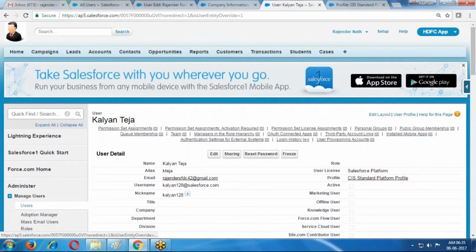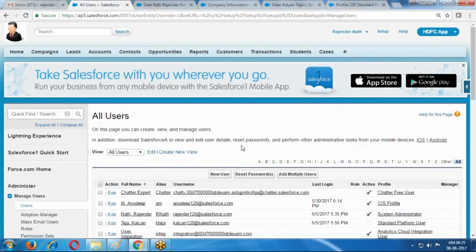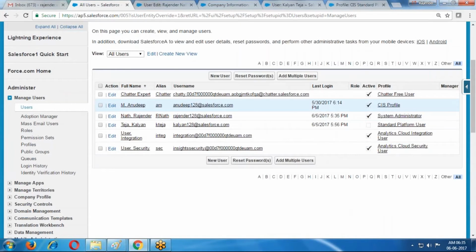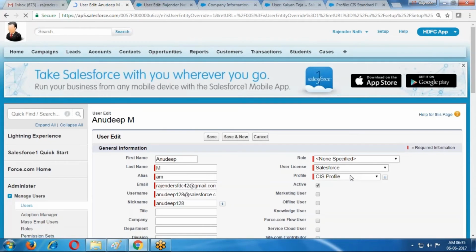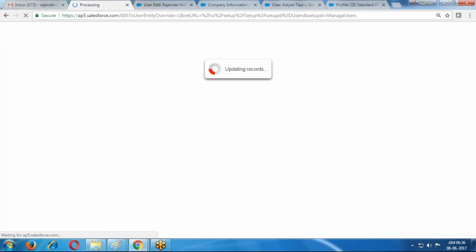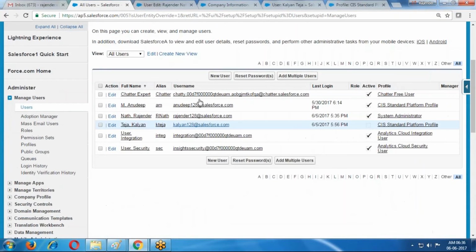Like this, you can assign to all the users, whatever users you created. Edit Anudeep. For Anudeep also I'm selecting Salesforce platform, and I'm providing that platform related license. Here one more user I'm creating, and for that user also I'm assigning the same profile.